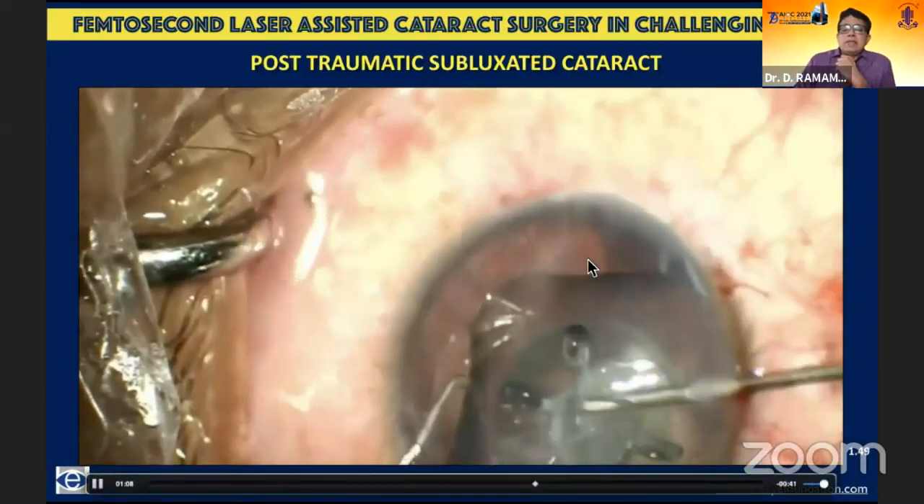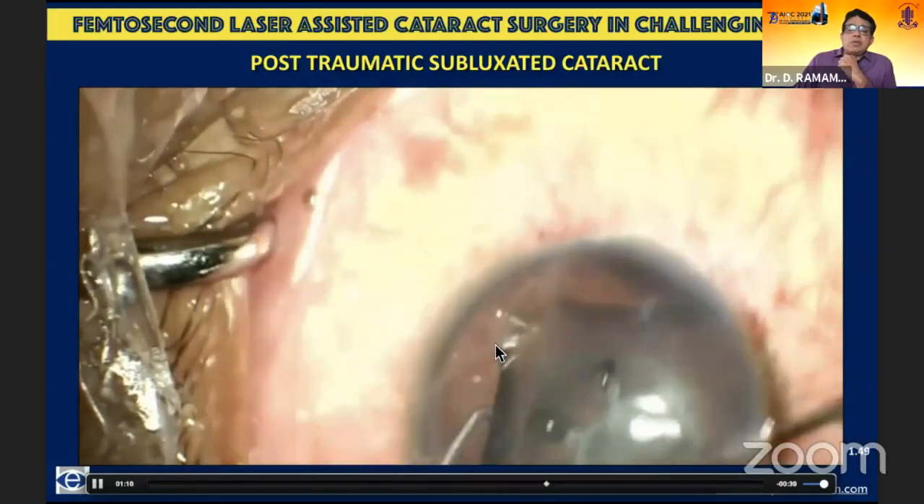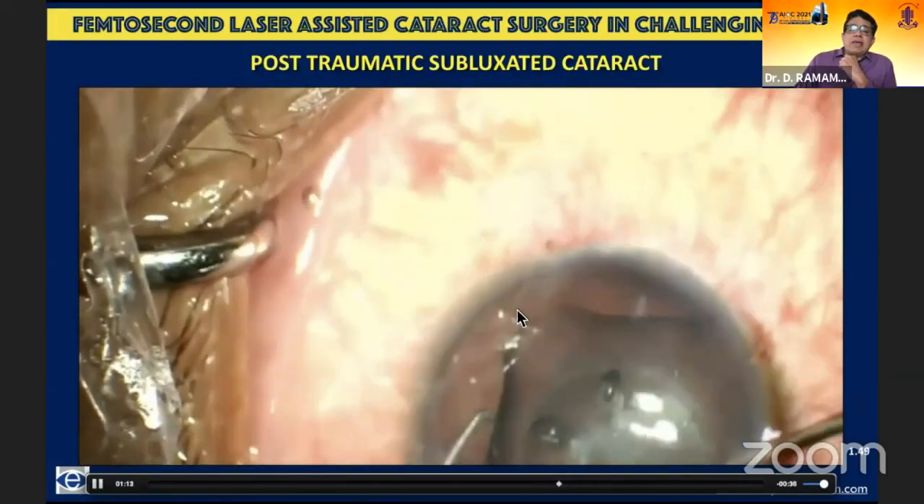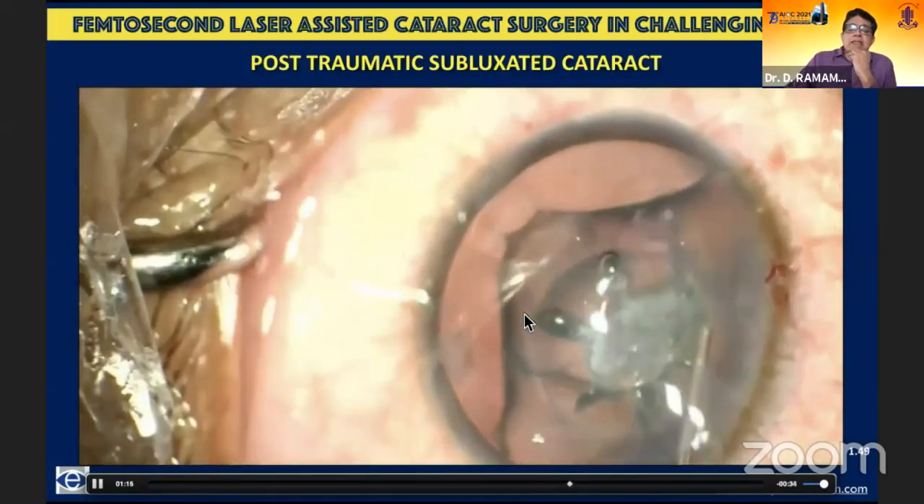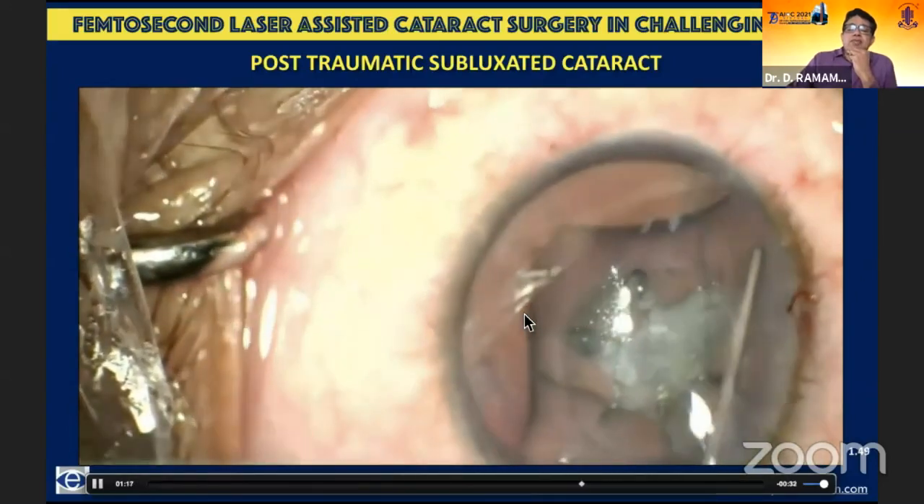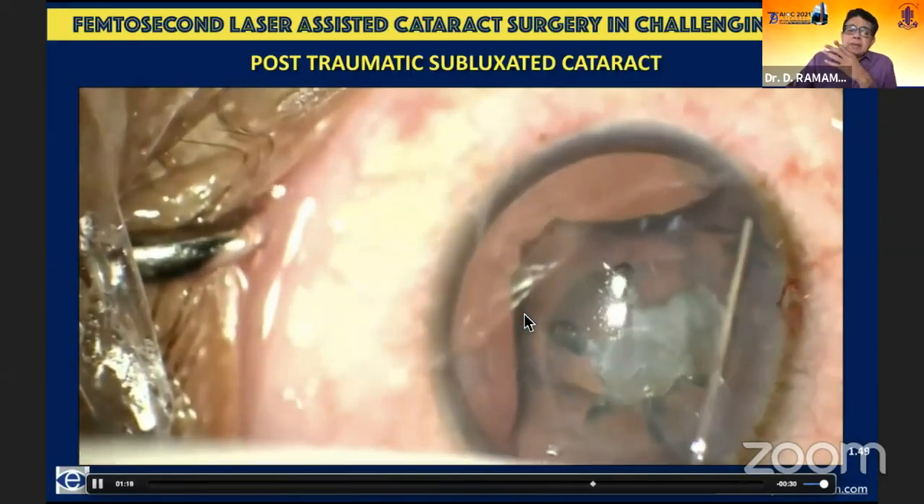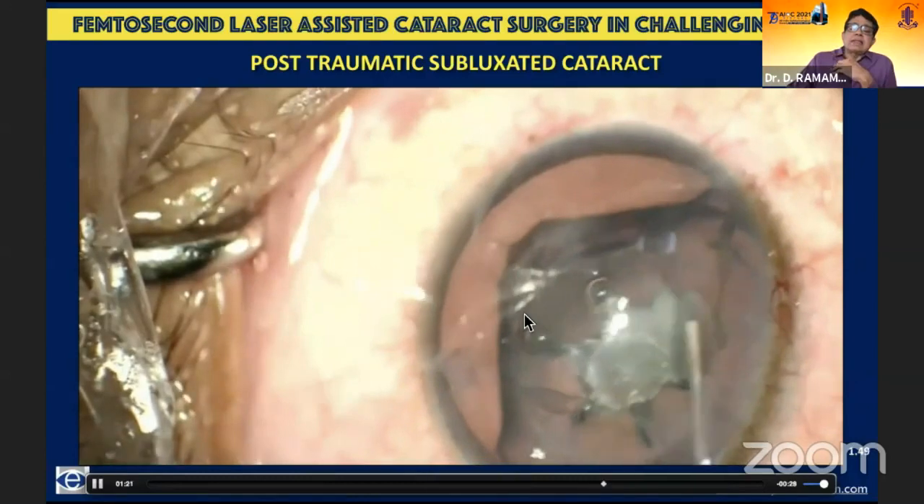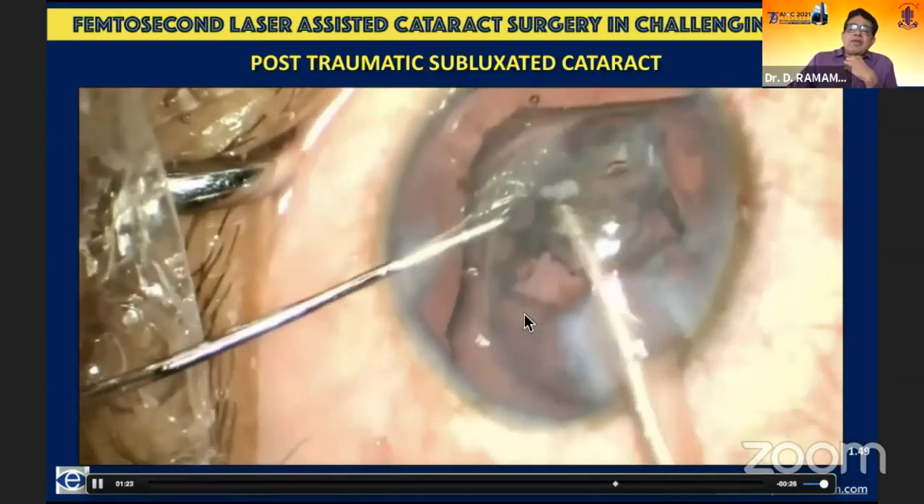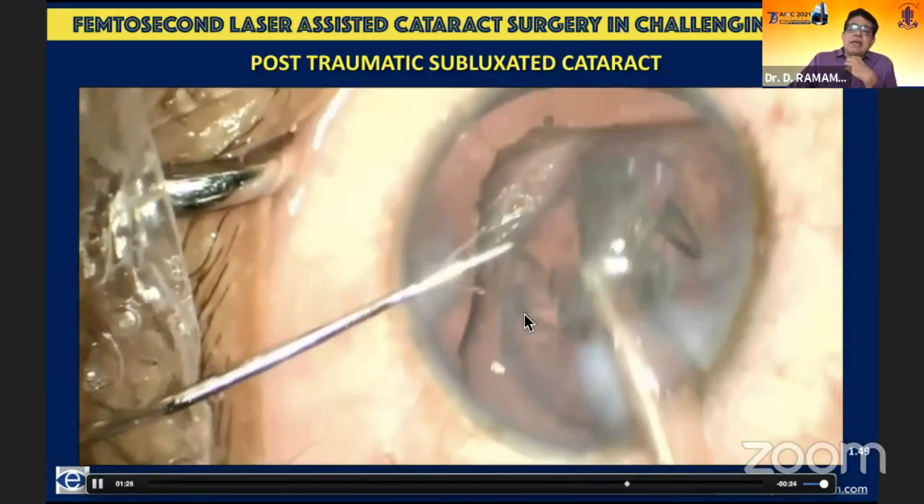You can see there are no zonules here, no zonules here. It's literally stuck over here with these few zonules. Partially absorbed cataract, been around for 20 years. And the good thing about this cataract is that it is not progressive. So if we are able to get it fixed on the